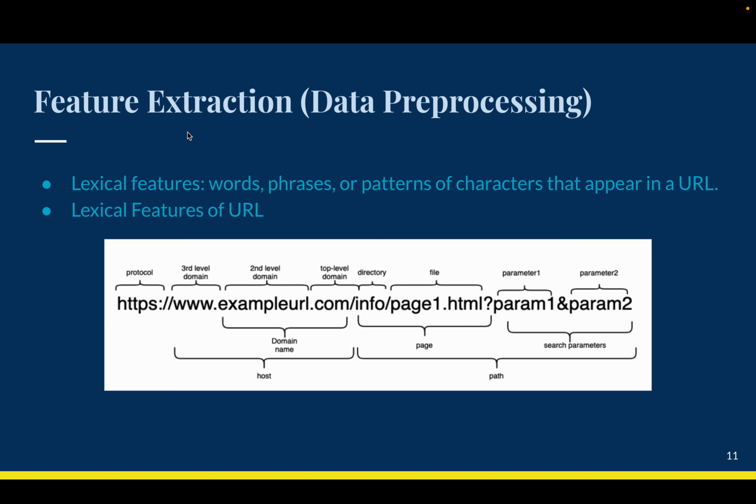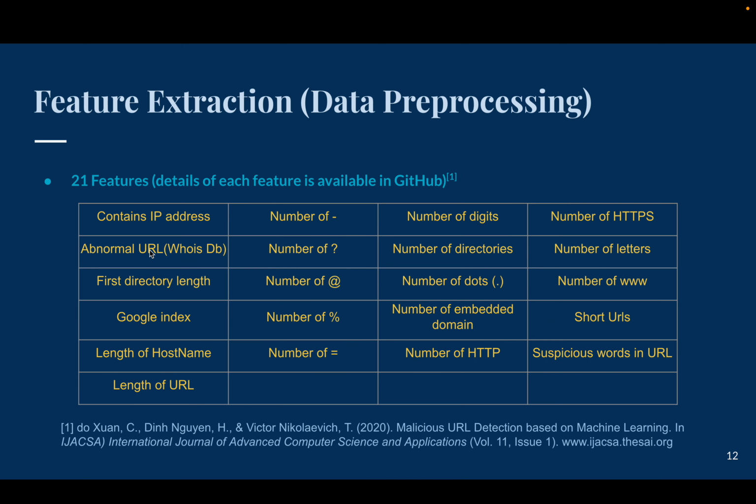Now, this is the general structure of a URL, and I am going to extract the features from the URL itself. So these are the lexical features. I have used 21 features for training the machine learning model. So these features contain